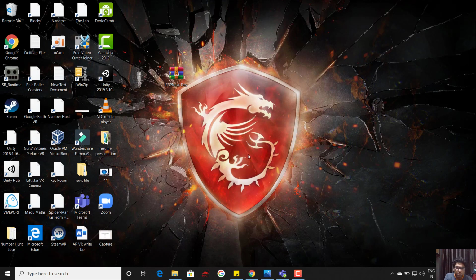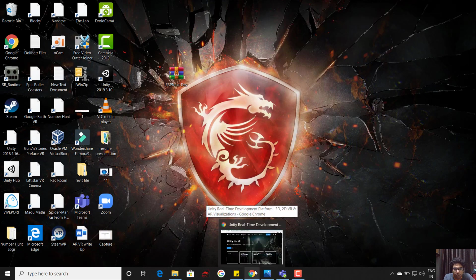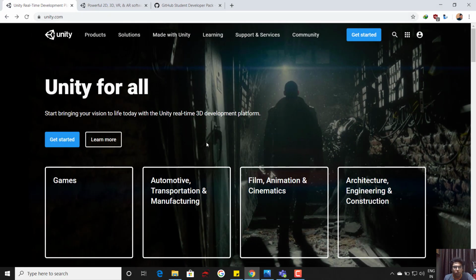Since we are targeting VR and AR development, Unity is a very powerful tool to utilize. So we'll begin with the process of downloading Unity. First of all, you have to go to unity.com. Unity is a free tool for students and some researchers, although it has a commercial version also. There are some constraints, such as that you should not earn major revenue from it, or maybe there are some other constraints also. So if you are interested in making money, then you need to buy a particular Unity version. Otherwise, the free version is also fine.